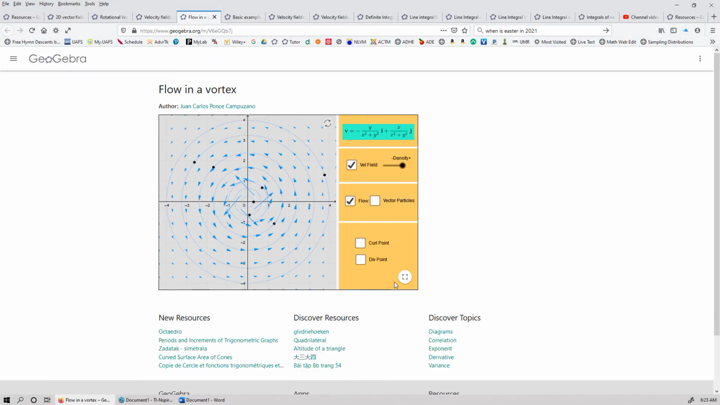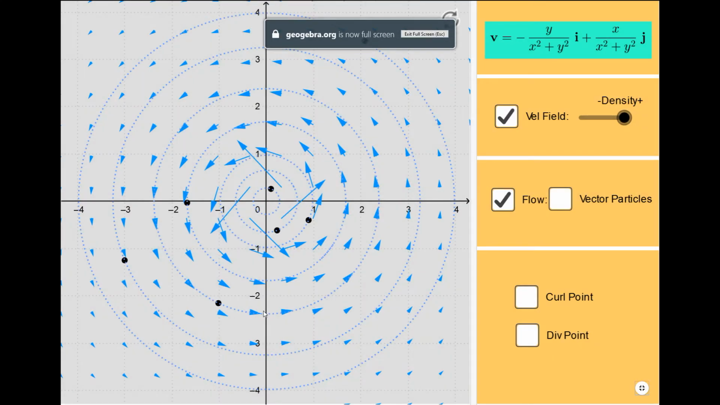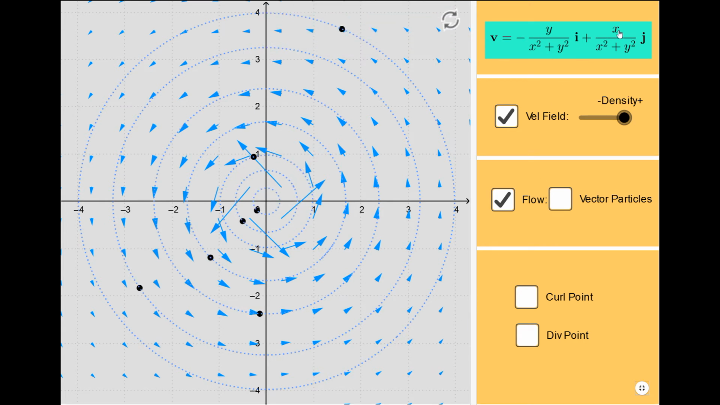Here's another version of more or less the same thing. This one is a little different. This one is a different field. It's the minus x minus yx, but then both terms are divided by x squared plus y squared. So here,